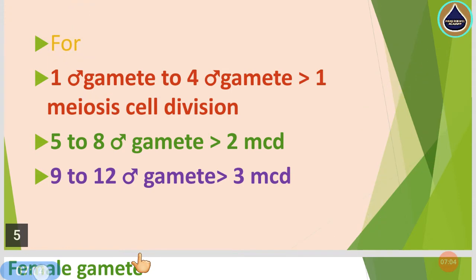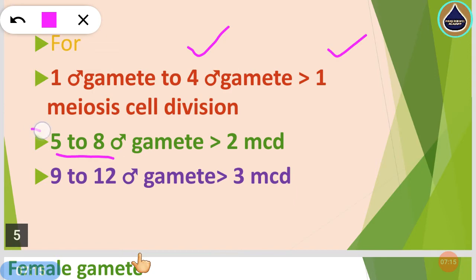Likewise, in the second example, you can see here up to 1 to 4, only one cell division is needed. Then from 5 to 8, 2 meiotic cell divisions are needed. Is that clear? And in the third example, from 9 to 12, for the formation of the